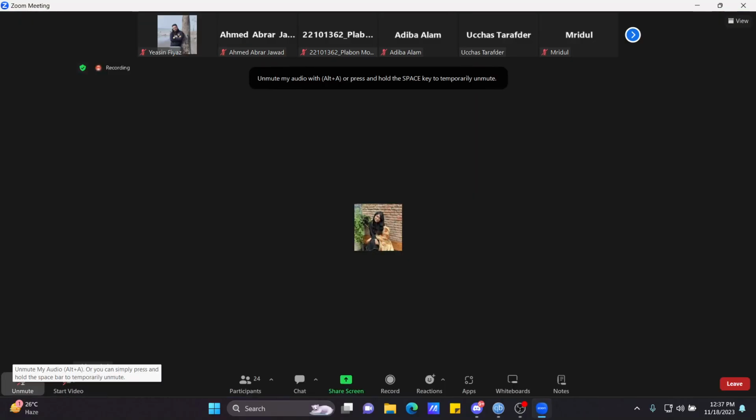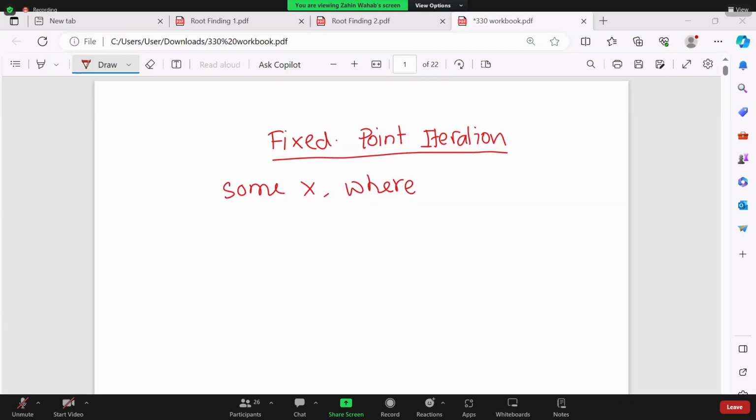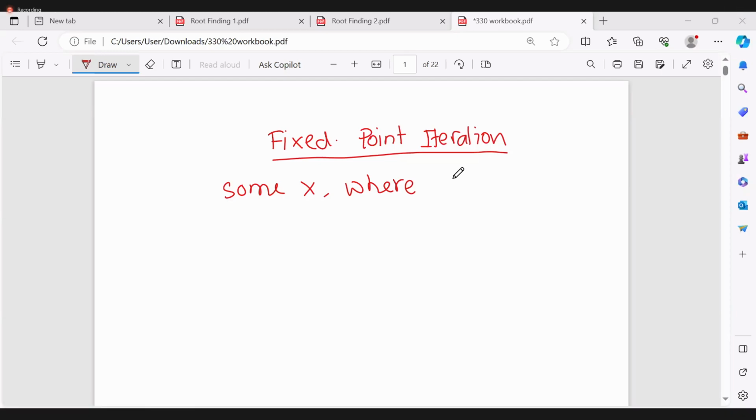some x where স্ক্রিন শেয়ারই করে নি। হাই হাই, সরি সরি সরি, ভুলে গেছি, দেখছেন? সো ফিক্স পয়েন্ট ইটারেশন এখানে ওকে, এক সেকেন্ড একটু দাঁড়ান তো।